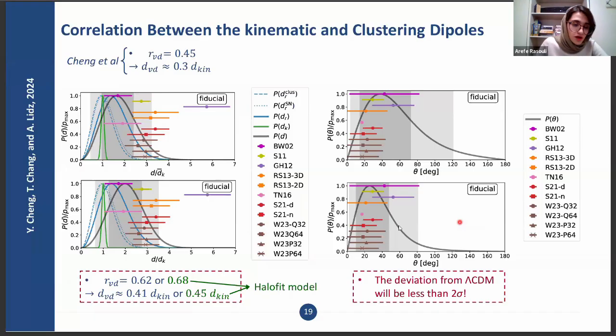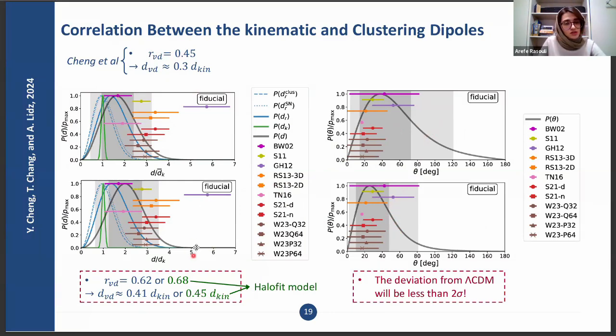So here, the final PDFs are shown in black bars. On the left, we have the PDF of the amplitudes, which shifts when we consider the correlation. And on the right, we have the PDF of the angular distance from the CMB dipole. When we include the correlation between these kinematic and clustering dipoles, the PDF becomes narrower and peaks at a smaller angle. Of course, these data are based on the correlation coefficient reported here.